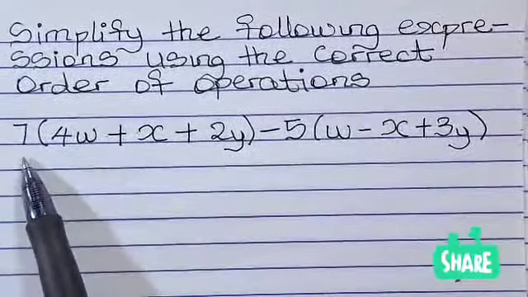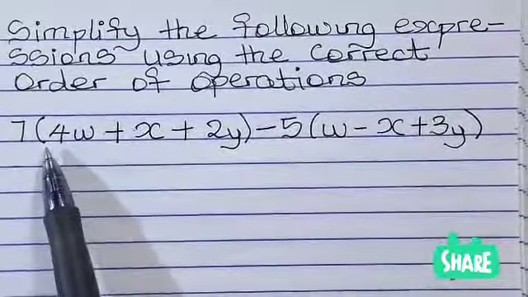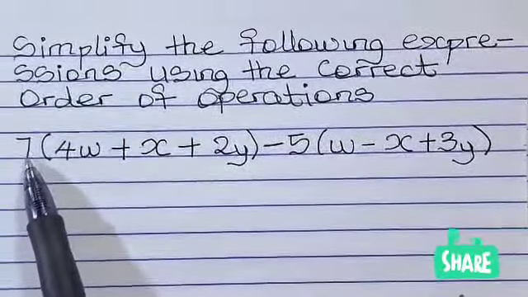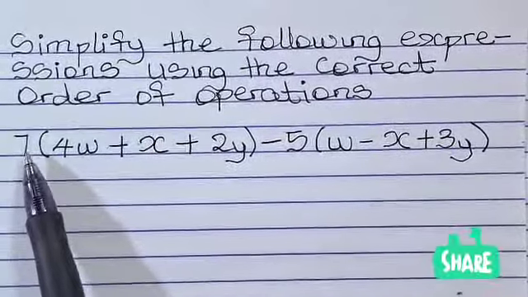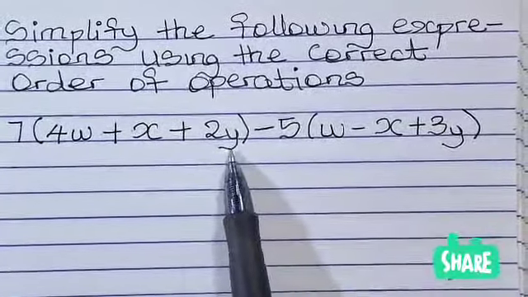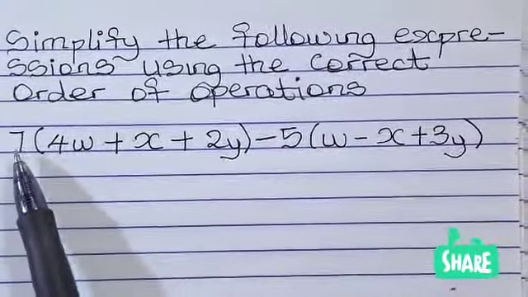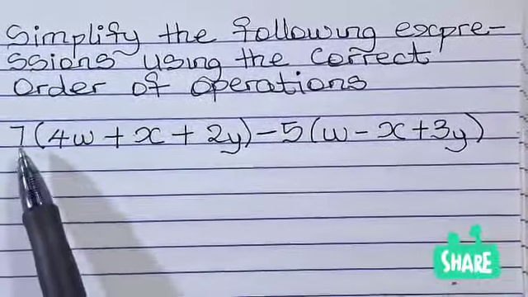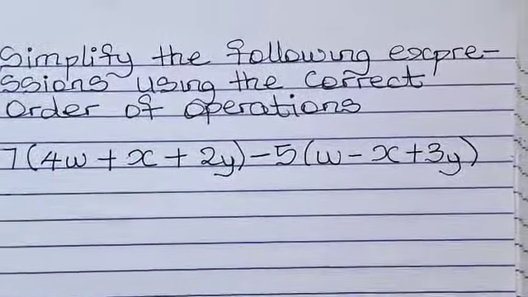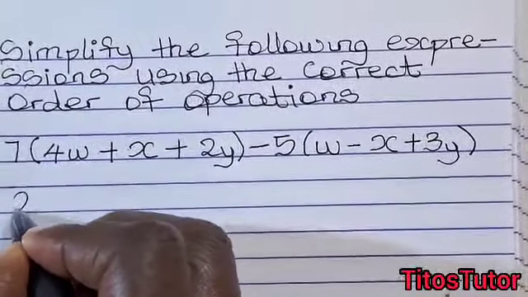So you open up the bracket with the 7. Opening up brackets with the 7 means multiplication. And whenever you have a number outside without a sign, it means it's a positive number. So we're going to use 7 to open up the bracket. Please don't make the mistake of multiplying only the first term with 7, but multiply 7 with all the terms in the bracket. So we go 7 times 4w is